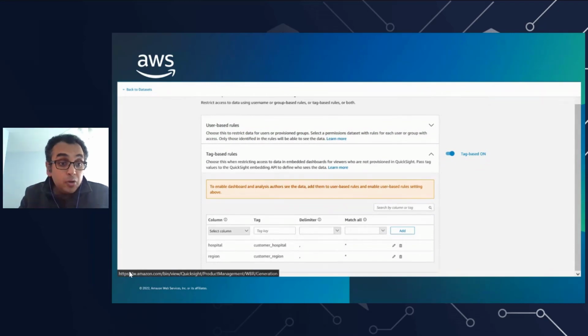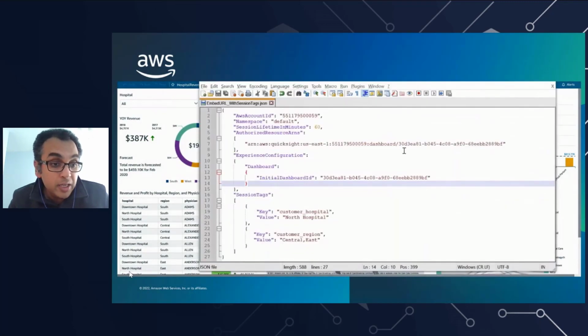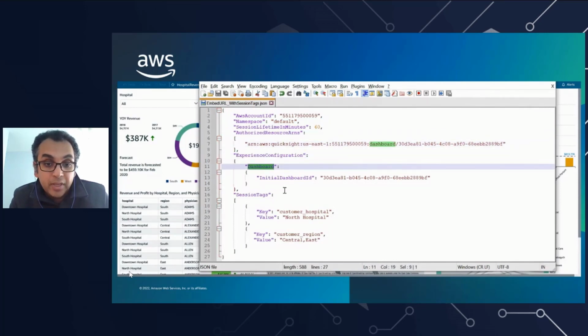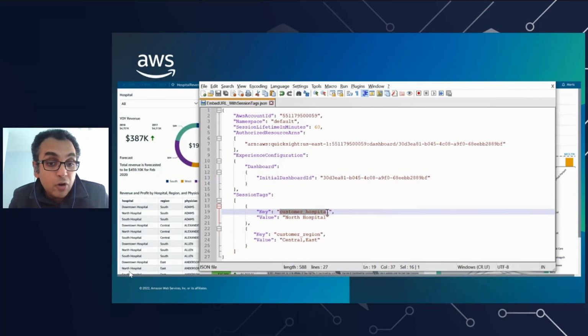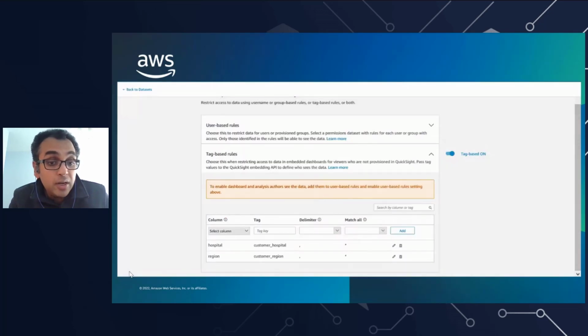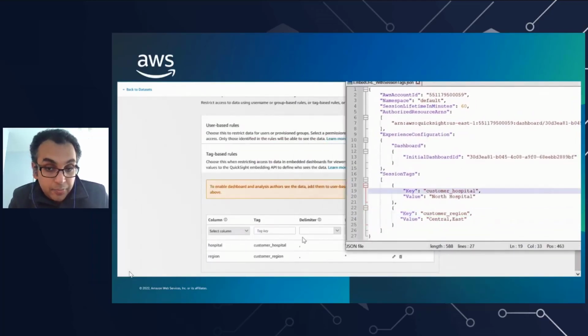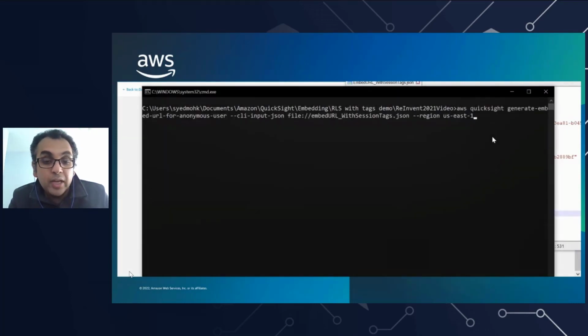Now I will show you how you can enable a multi-tenant experience on this dashboard using the two tags that we created, without having any knowledge of who the user is. So this is my API call for embedding the dashboard anonymously. If you remember, the API was generate embed URL for anonymous user. In that, we have a section called session tags. And in this, for every tag that you have created, which we call a key here, customer hospital and customer region, you can pass the value based on who is accessing your application. You are in a better position to understand what your end user has access to. So the two tags that I've created, customer hospital and customer region, are being passed with values in that particular API call. So when I call this API,